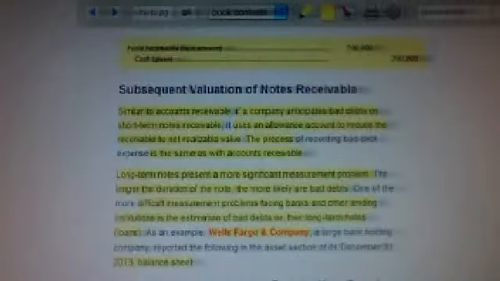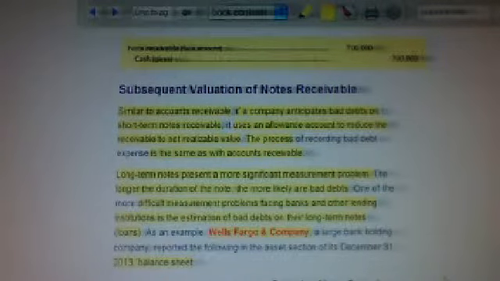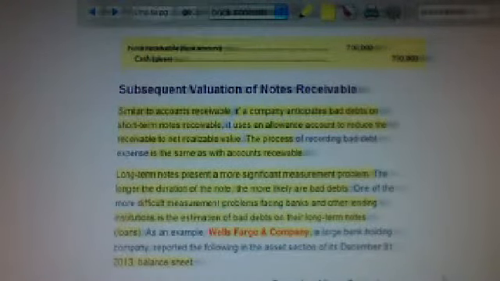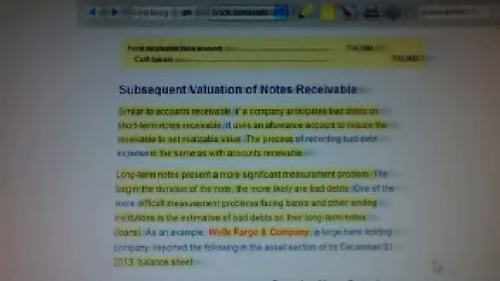Now the subsequent valuation of notes receivable is similar to what we do for accounts receivable. A company is going to anticipate bad debts on short-term notes receivable, and it will use an allowance account to reduce those notes receivable to the net realizable value. This is the same process that we use in accounts receivable. Long-term notes, though, present a more significant measurement problem because the longer the duration of the note, the more likely there are bad debts,